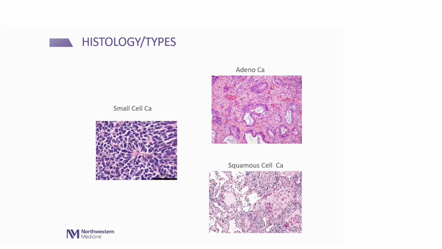Got it. So this is what I was talking about, what they look like under the microscope. If you look at this, those tiny little deep blue dots, round cells scattered all over. This is what it looks like. This other one, non-small cell, the adenocarcinoma, these form nice little glands, these little circles that you see. Again, this is not something I can identify either. It's our pathologists who give us this diagnosis when we do a biopsy and look under the microscope. This is all done behind the scenes. Squamous cell, again, you see all these cells scattered around. They have a typical classic appearance, and that's how they make the diagnosis there.